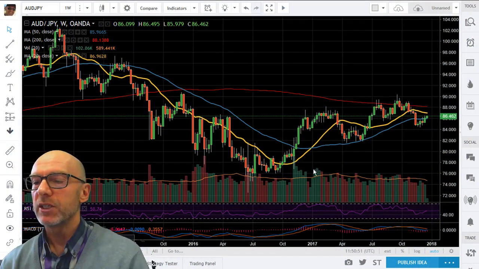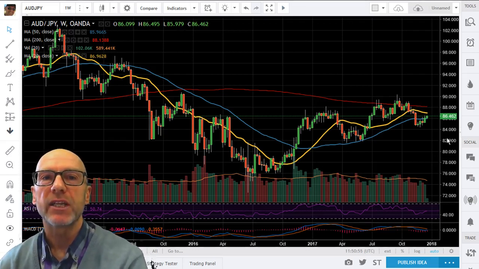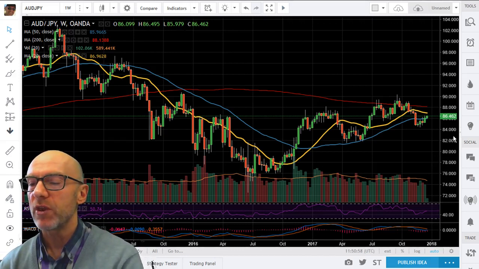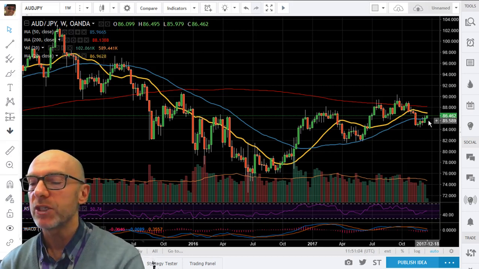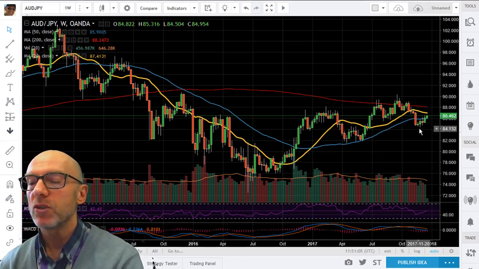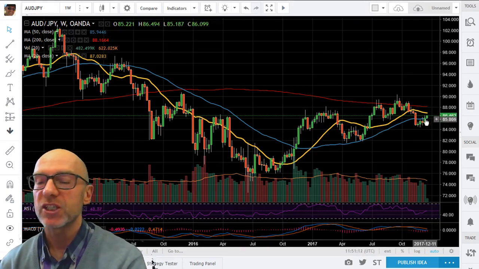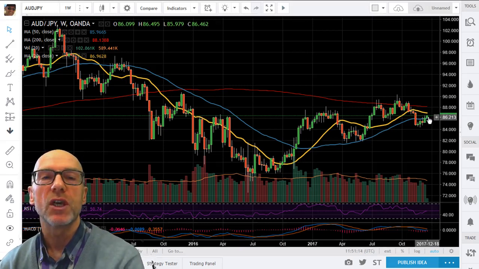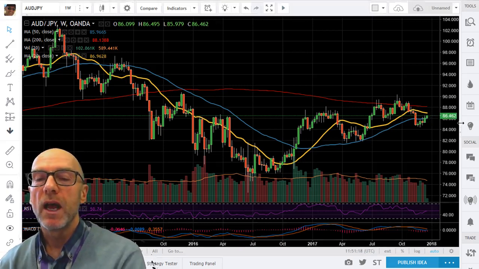So here we are, as usual, looking at the weekly to start. Each candle represents 1 week's trade. And you can see that we've just gone back above the 50-week moving average, which is positive. The Aussie dollar has had a good 4-week period. That's taken it back above that moving average, which is actually still moving upwards, so it is a positive factor and will give support. That's presently at